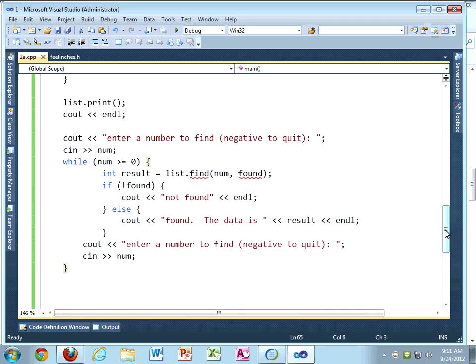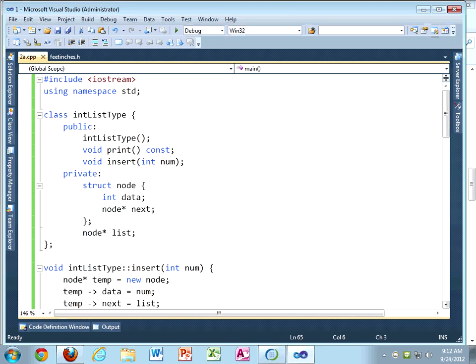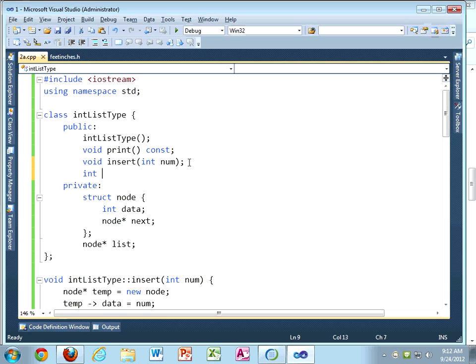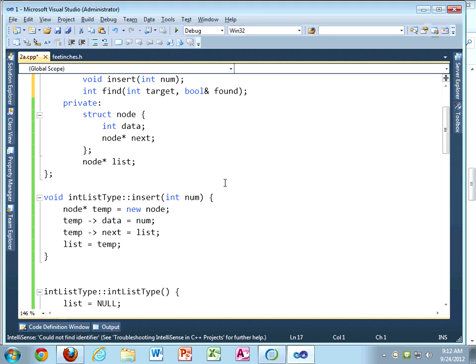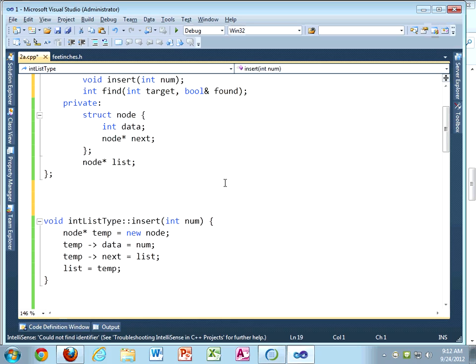Okay, so let's go ahead and declare our find function. Any other questions before I move forward? Okay. Any questions on that? There's my prototype. So, int